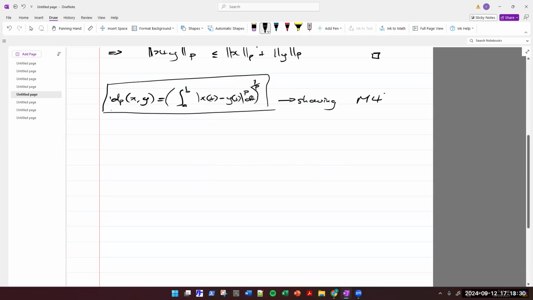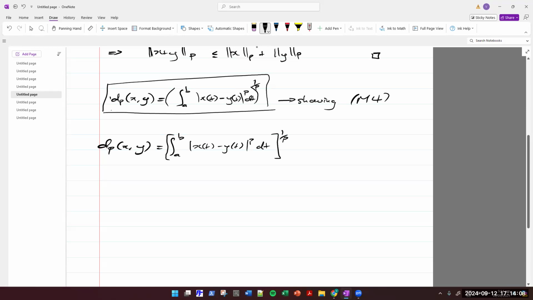Doing M4, the triangle inequality, for this metric. Okay, so we could start with dp of x comma y. Again, let's just write back this. Yes, that's the integral from a to b of the modulus of x of t minus y of t raised to the power of p dt, to the pth root. And now what I just write back here,